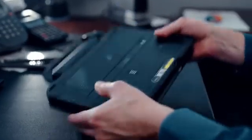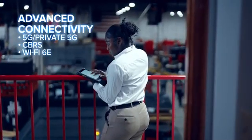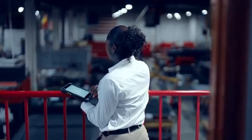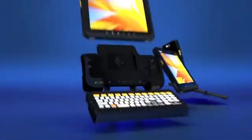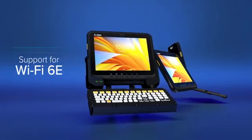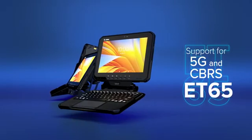And Zebra's always here to help them through it, keeping them securely connected to the information and people they need, wherever they go, using one of the industry's most powerful processors. Whether your plan is continuing on Wi-Fi with the ET60 or setting up a private cellular network with the ET65,